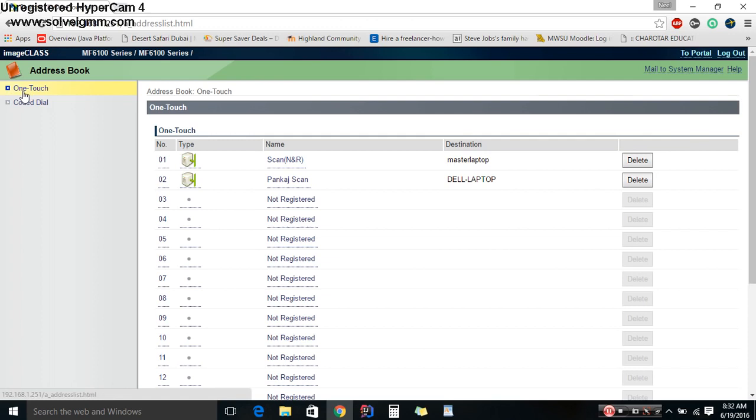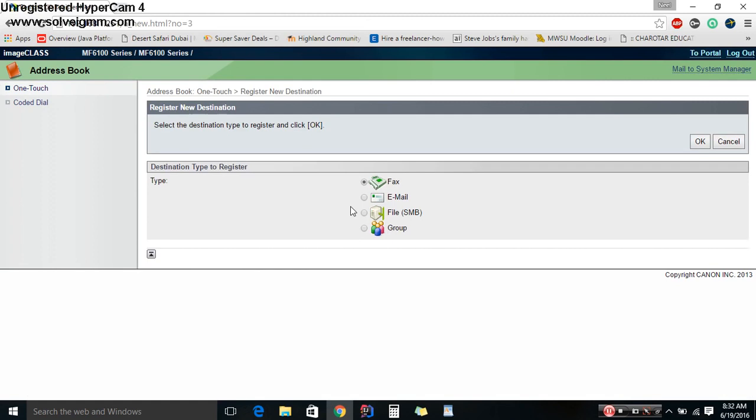So either you can do it one touch or code dialed, but I'm just gonna do it in one touch, and we're gonna set it up the same thing for code dialed. So we're gonna click on number 3 as what I have opened. You can click on number 1 if you have that. So, and we're gonna go to file SMB, so sharing, and click OK, and it's gonna bring you up to